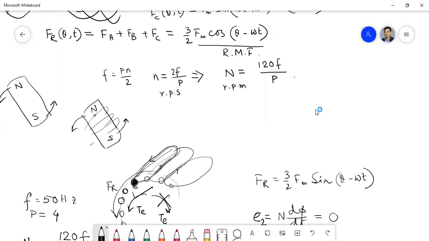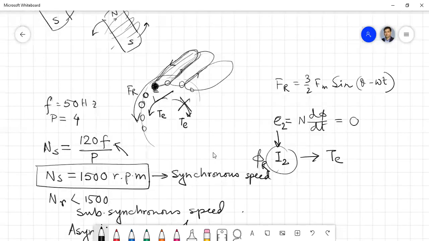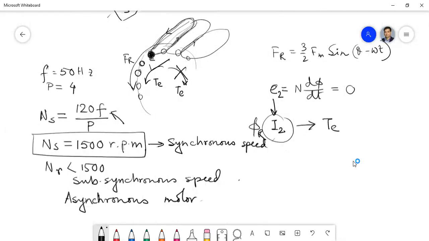Now, if I make a general statement that a 3-phase induction motor never runs at 3500 rpm, you have to justify that. This is a wrong statement, because as I mentioned, if the frequency is higher, then it can also rotate at 3500 rpm. You have to justify it using this formula. You have to prove that it can also run at 3500 rpm. So this type of justification problem may be there.